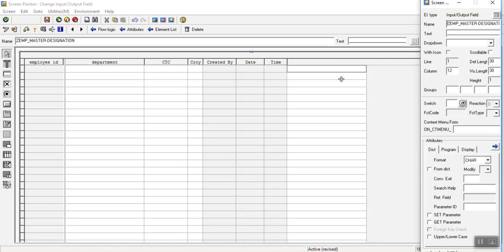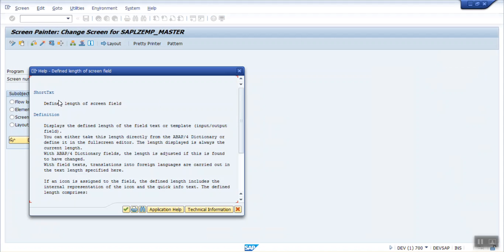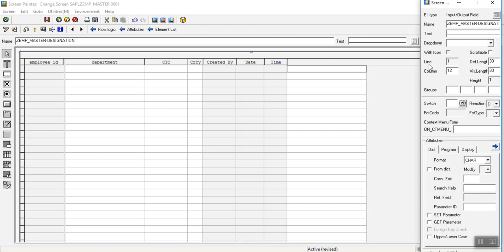Double click, so you can see that is EMP master designation. If you want to change the visible length, we can change it from here. There are two lengths. The first one is called the defined length of the screen field. This defines the actual length of this field, and this is the visible length. Suppose we have a field of 100 length, but we don't want to display the complete 100 characters on the screen.